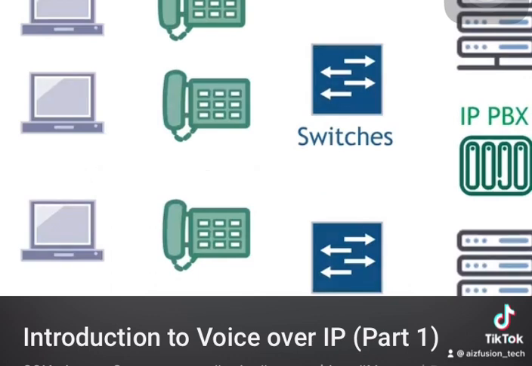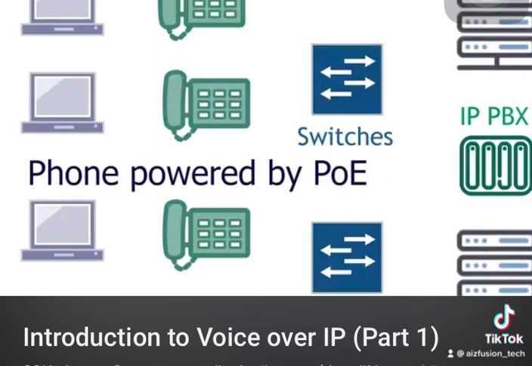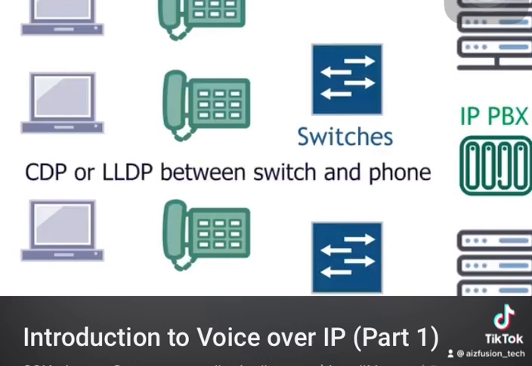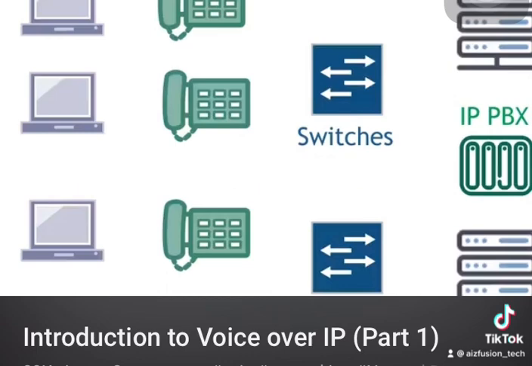These phones do not plug into the wall for power. Instead, they draw power directly from the switch using Power over Ethernet, or PoE. PoE enables a switch to deliver a small amount of power, just enough to run the phone in fact. Not all switches have PoE, so keep this in mind if you're buying new switches. The phone can also get basic information about the network, as well as advertise its own features directly with the switch. It does this by using either CDP or LLDP. CDP is a Cisco-only protocol, while LLDP is supported by, well, pretty much every vendor.